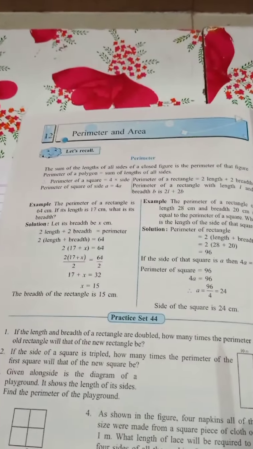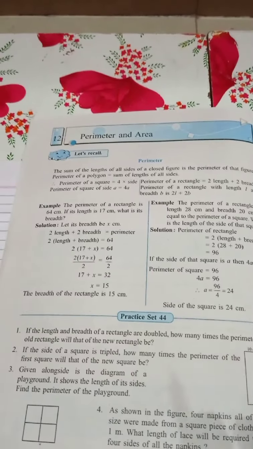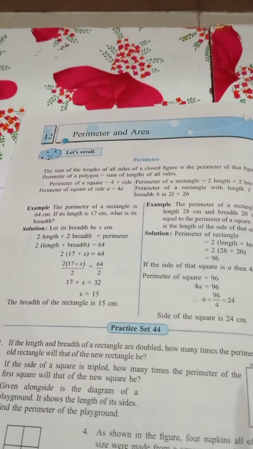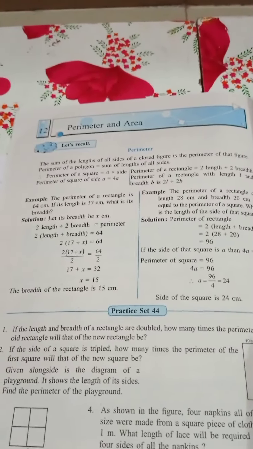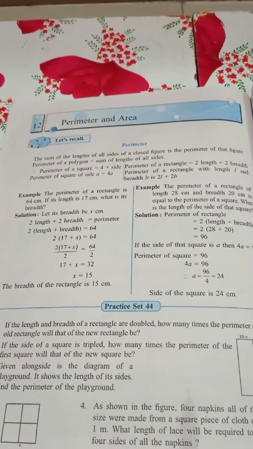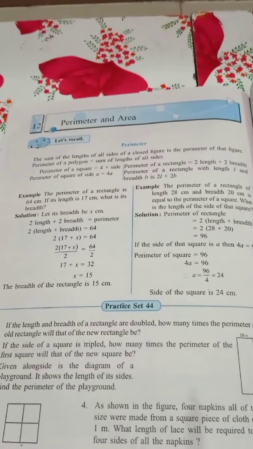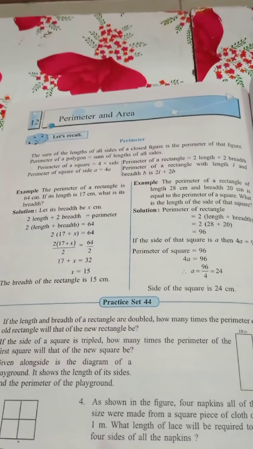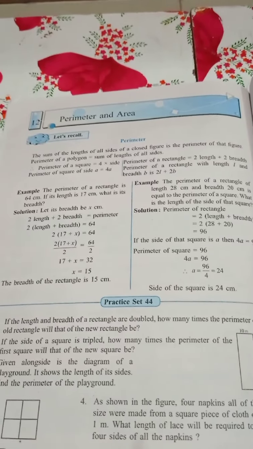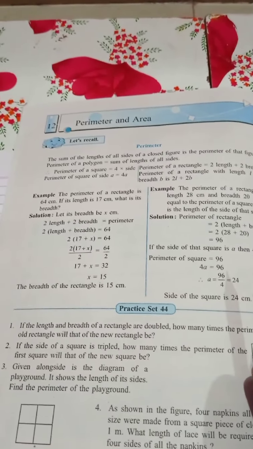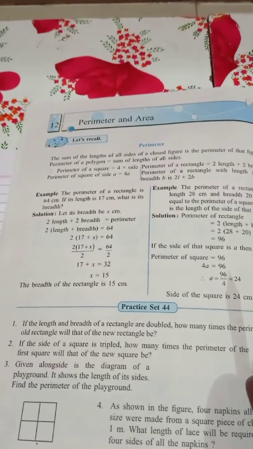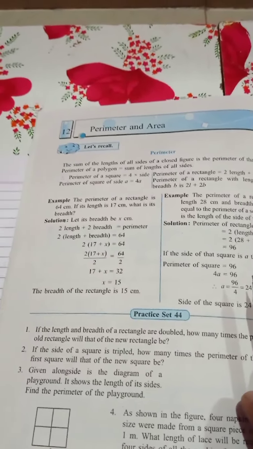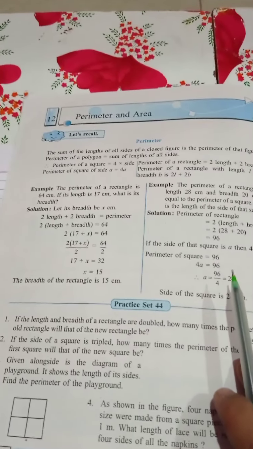Perimeter means what? It is the sum of the lengths of all sides of a closed figure. Whatever figure they give, if it is a triangle, then we have to add all three sides of the triangle. If it is a square, we add all the sides of the square, or since in a square all four sides are equal, you can also do 4 multiplied by side. And for the perimeter of a